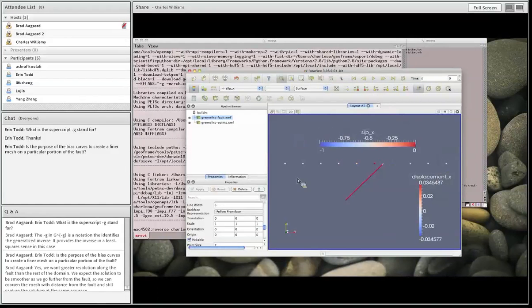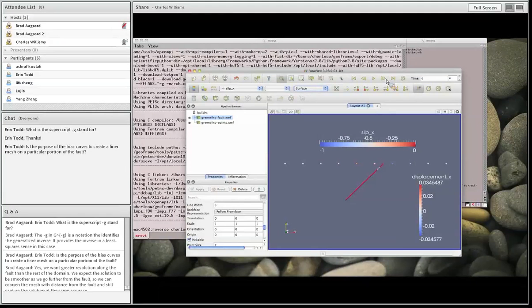So what we've done for each vertex on the fault, let's see what happens if I do that. It doesn't really work. We create an impulse, and then we're creating what the surface displacement is at each of these points. So you can actually step through and see this is what we've applied, and this is what the response of the ground surface is. So as you start going through,